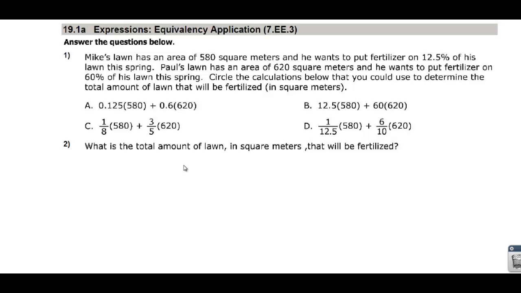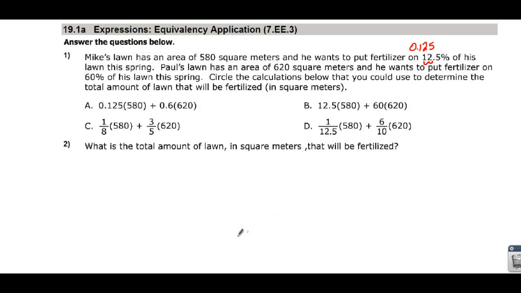Okay, so in these problems, you'll notice that the numbers that we're given in the problem are done in percentages. The numbers we're given in the answers are done as either decimals or fractions. So the first thing we're going to do is change all of our percentages to decimals and fractions. So 12.5%, remember to go to a decimal, it moves back 2 places, the reverse of the double butt cheeks, and we get